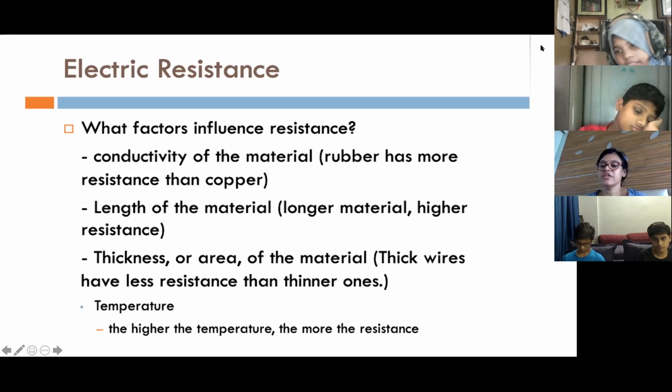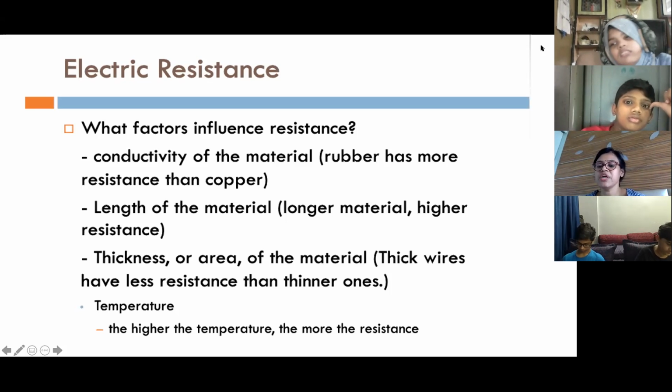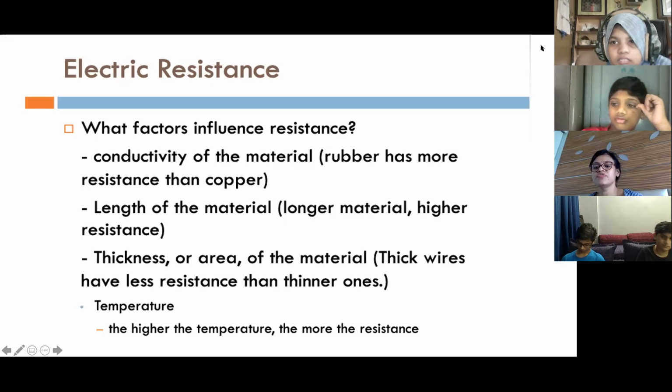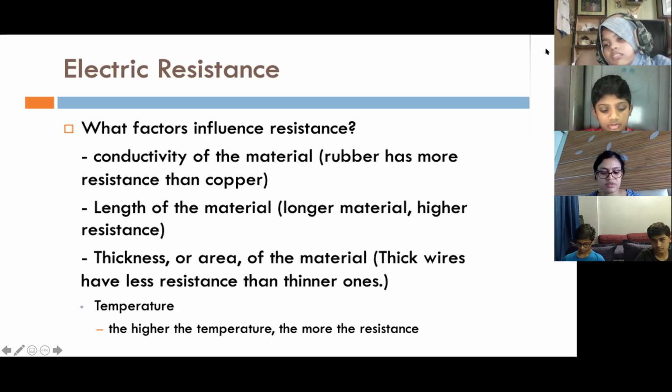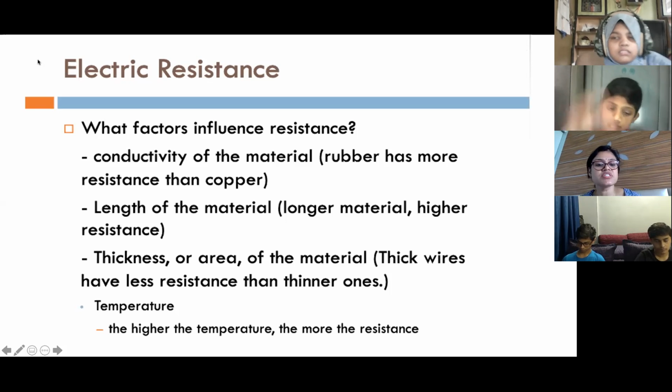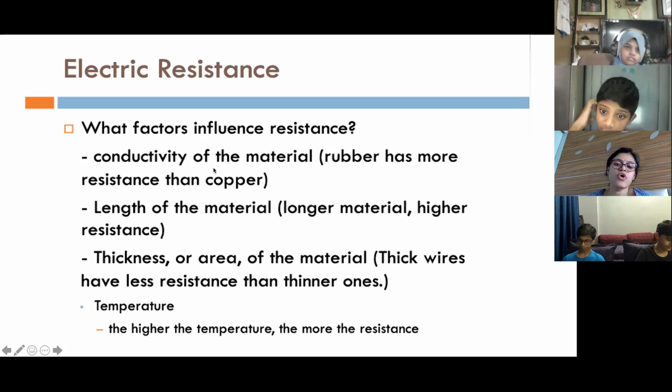So when electrons are colliding, their speed gets decreased, and because of that, this is the opposition to the flow of electron, and this collision leads to the resistance in the circuit. So more will be the collision, more will be the resistance. Lesser collisions will provide lesser resistance to the current. Okay, so taking these points into consideration, we'll find out what are the factors on which resistance depends. So these are very important points.